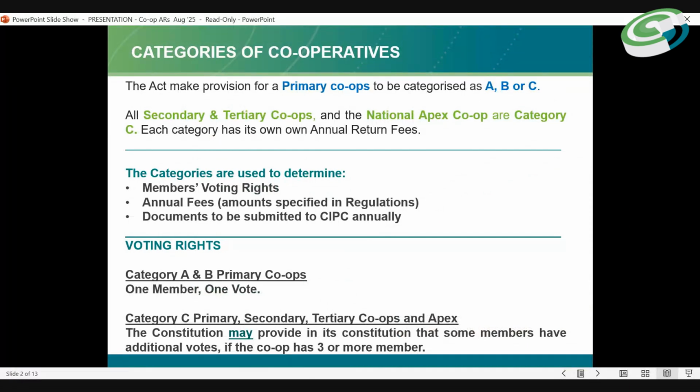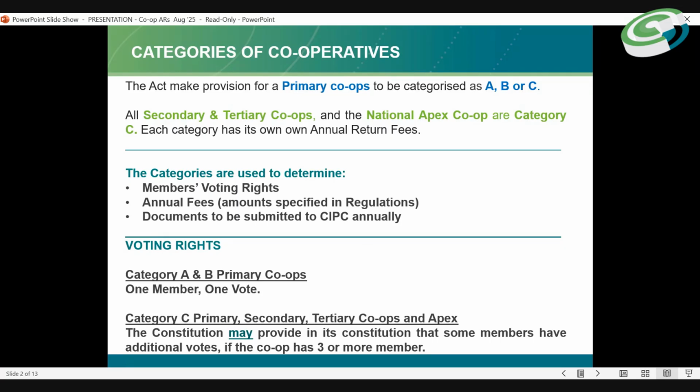In terms of the Cooperative Act, it has made provision for various categories of cooperatives.